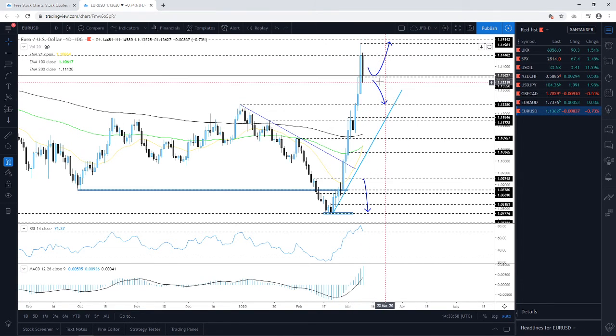The only thing is, of course, don't get me wrong, we are quite overstretched here to the upside, even on the daily chart. So let's keep an eye on this 1.1355. If it holds, we could then see a nice push higher,